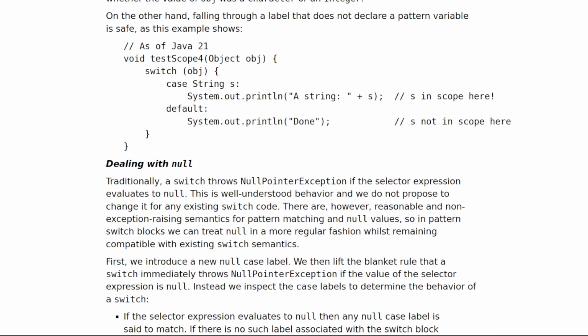void testScope4(Object obj) { switch (obj) { case String s: System.out.println("A string: " + s); // s in scope here default: System.out.println("Done"); // s not in scope here } }